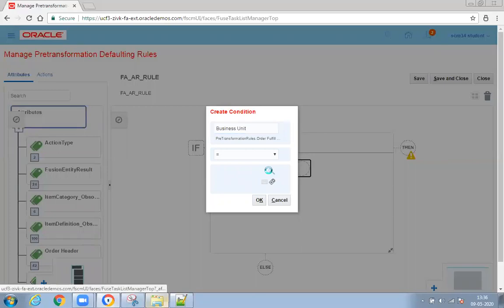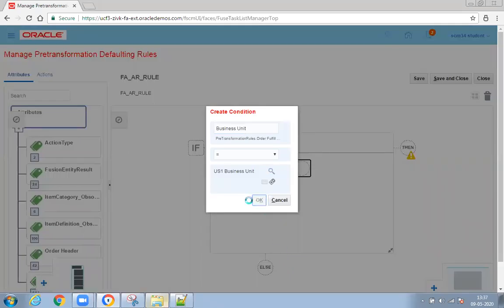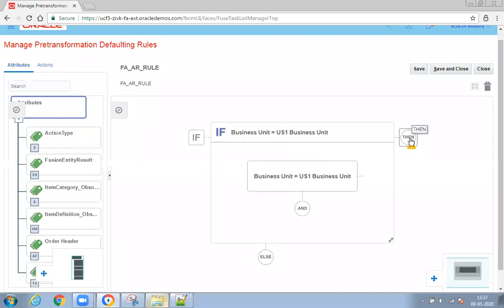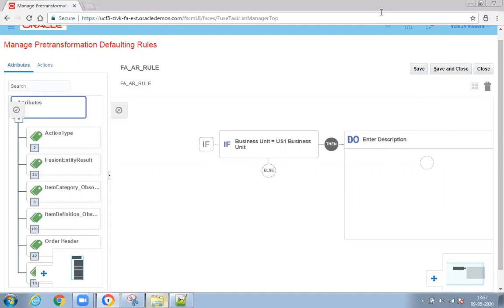If my BU equal to US1. If my BU equals US1 business unit, then what am I doing? Then the condition do, set a value.